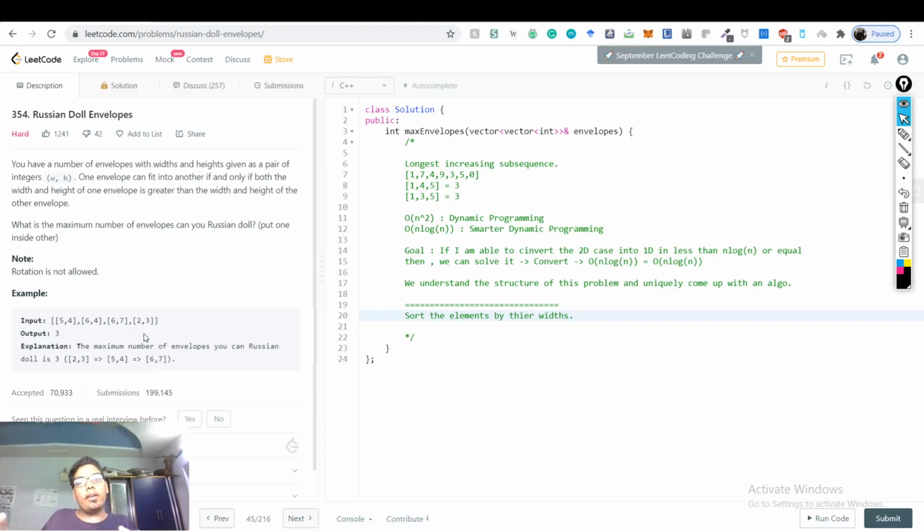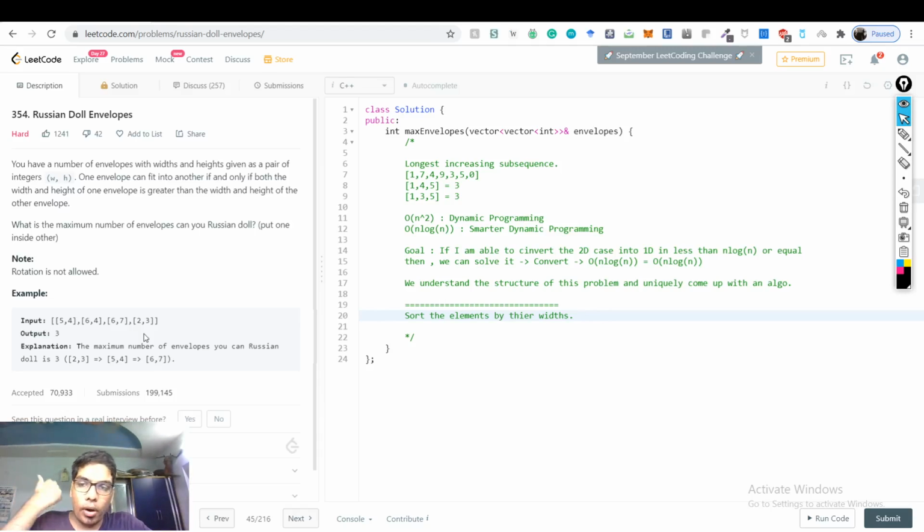So if you sort it by the first dimension, which is the width, then the first dimension is now properly done, no matter whatever you choose from the right side, it will actually satisfy the property. And then if you could find the longest increasing subsequence in the right dimension, then we have actually solved this problem. So now with that said,